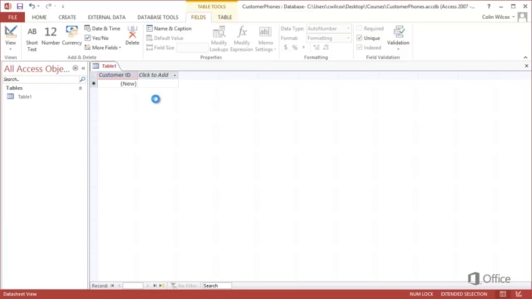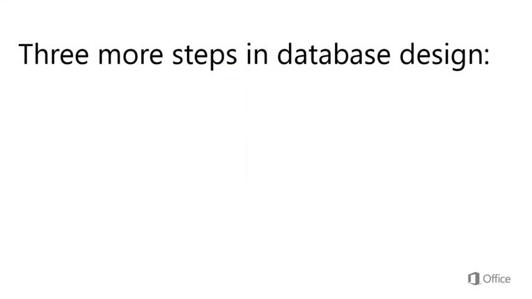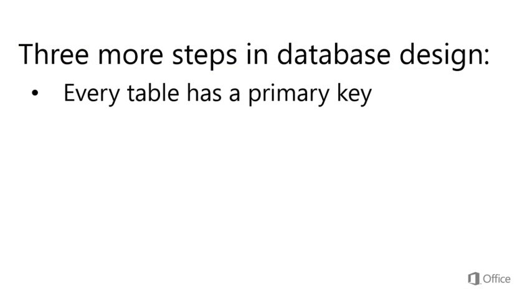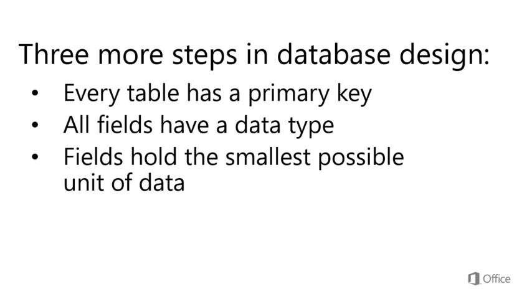In the previous session, we saw how to build a table in Datasheet view, and we looked at the data types you assign to the fields in your tables. We also looked at 3 more steps in database design. All tables have a primary key, all fields have a data type, and your fields hold the smallest possible unit